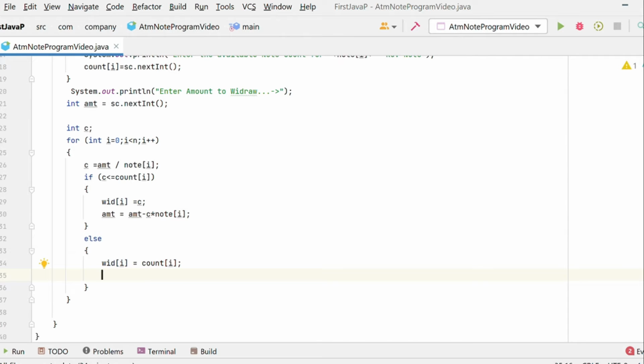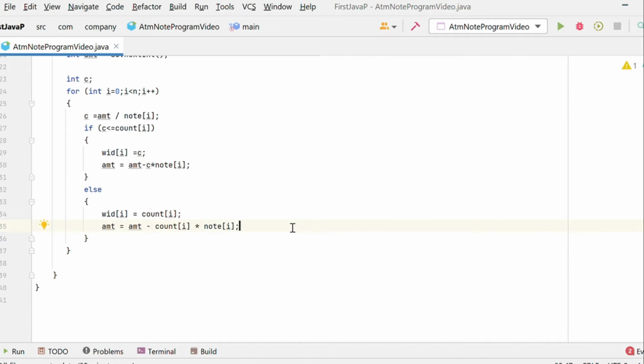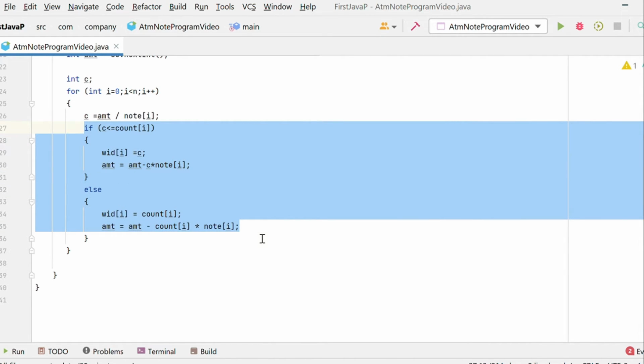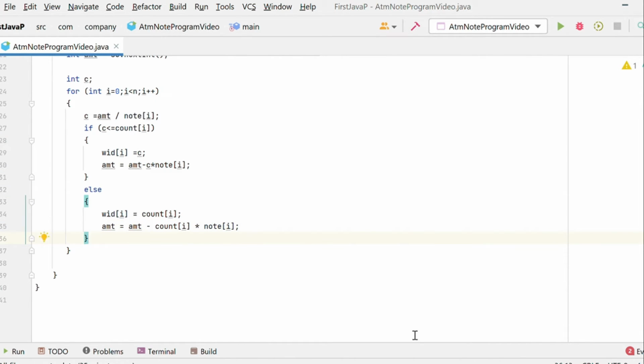Then we reduce amount to amount minus count of i into note of i. There is no role for c here. This is the formula. If you have any problem with this, please comment and I will give you an explanation on that.